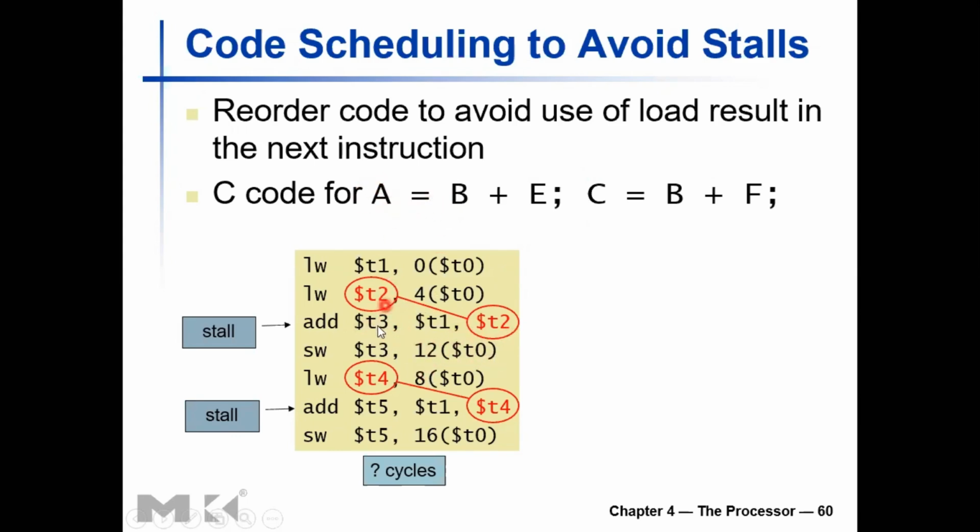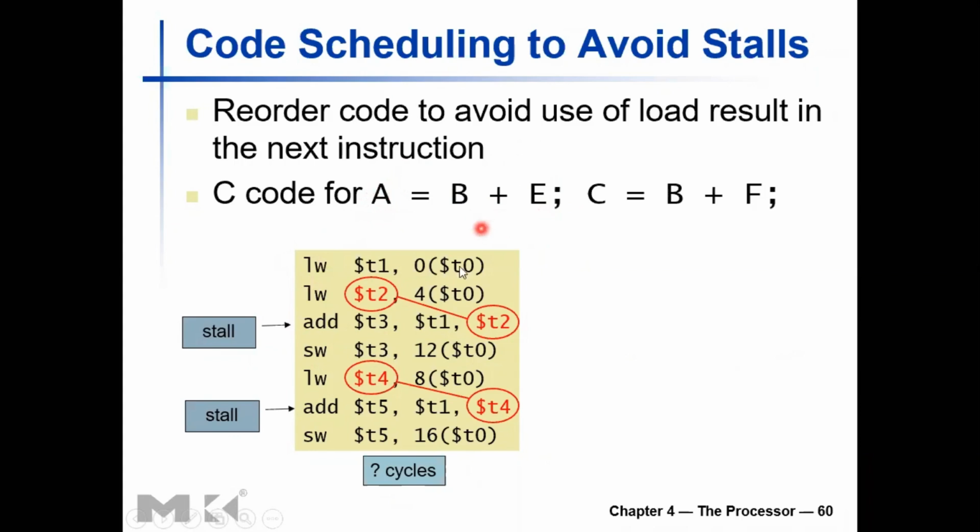So that is A, right? The result of add is A, and you need to store it in the memory where the variable is actually held. So load B, load E, add them together, save the result in memory. So these 4 steps or 4 assembly instructions account for this one statement in the